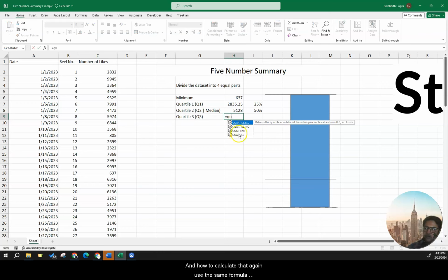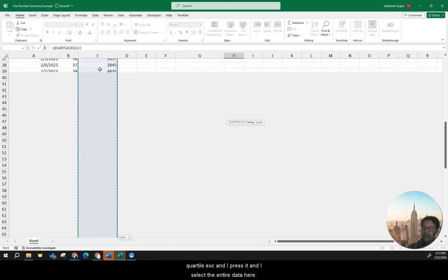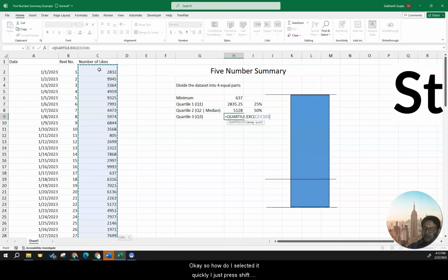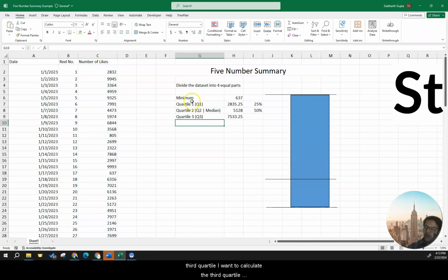Again, use the same formula, QUARTILE.EXC, and I press it and select the entire data here. How I selected it quickly: I just press Shift, Control and Down arrow, and Command, Control and Down arrow on Mac, it will work. Then comma, and I'll put 3, which is the third quartile I want to calculate. So the third quartile comes out to be